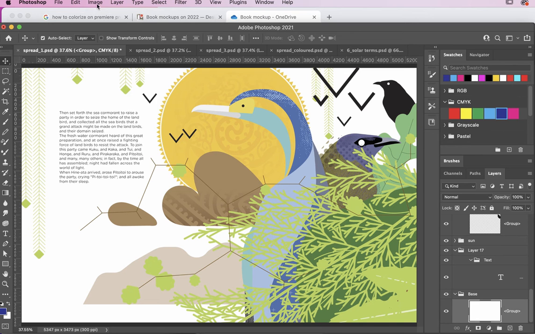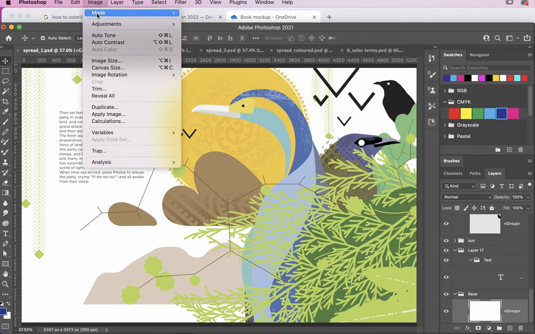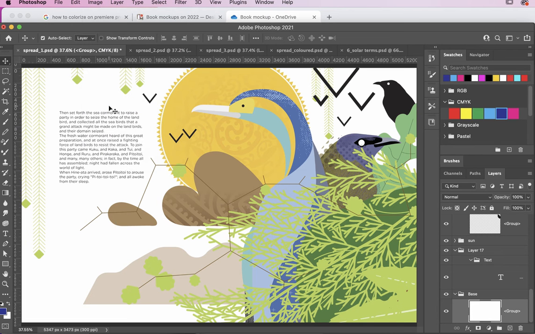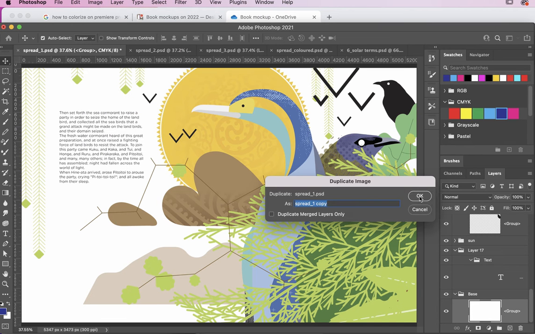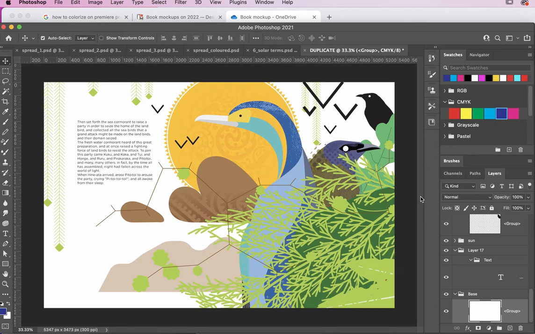What I do is I go Image, Duplicate. I'm just going to call it Duplicate so I can see exactly where it is up here. Go OK. Now the first thing I do with the duplicate is I come into the layers here, click on